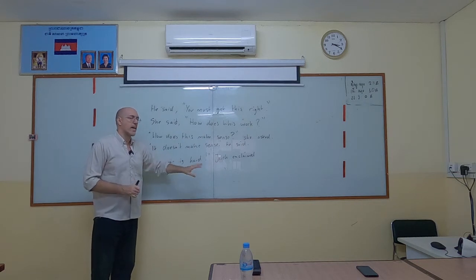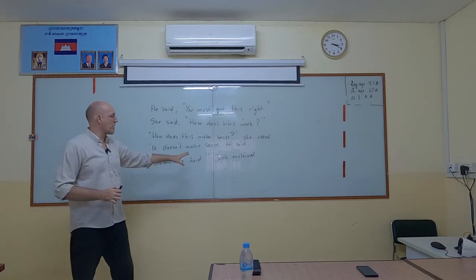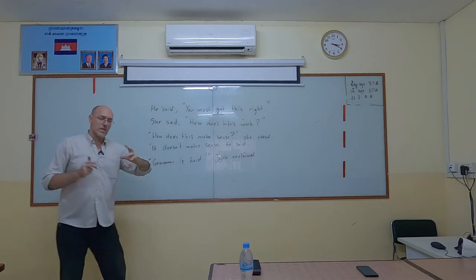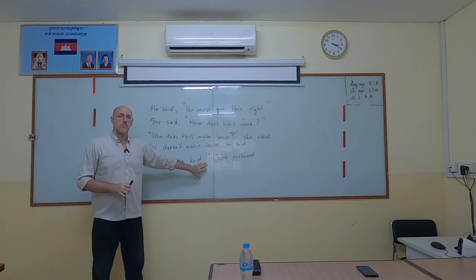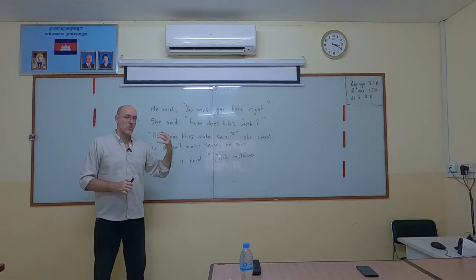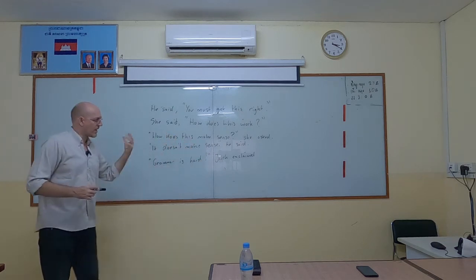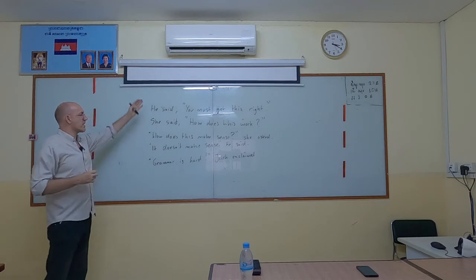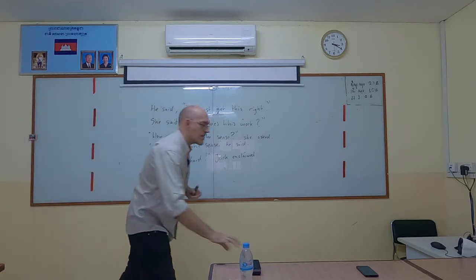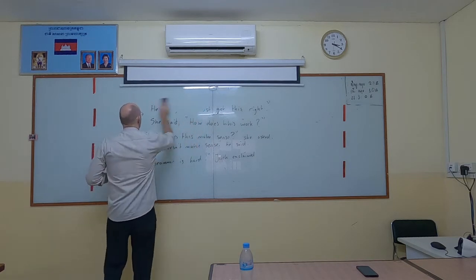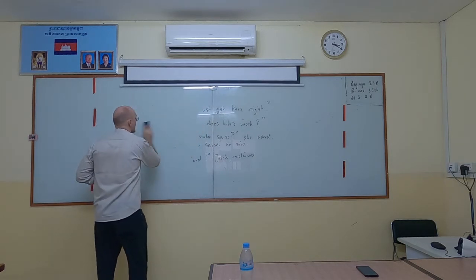We take it seriously because we don't see it very often, and when we do see it, it gives gravitas to our sentence. So we allow this because we want this extra oomph to our sentence. We want to give it that extra power. So these are the basic punctuation and grammar rules for direct speech. And this is what people tend to have problems with. But it really isn't as difficult as we make it.